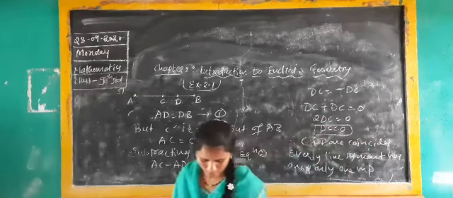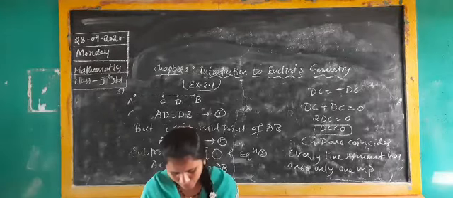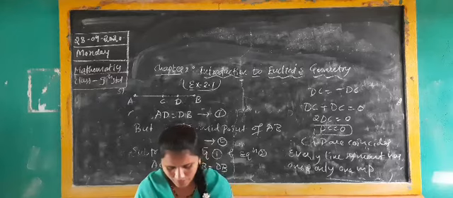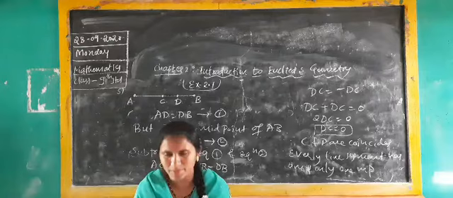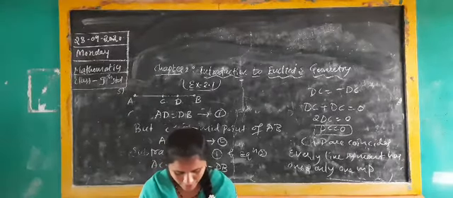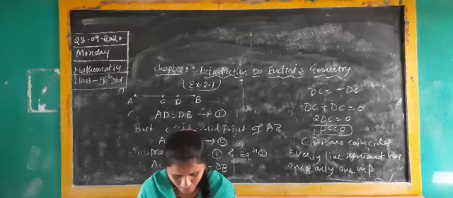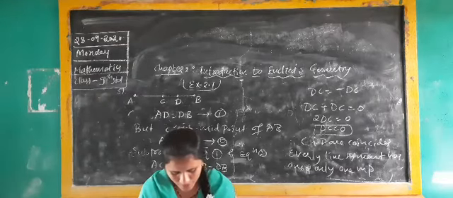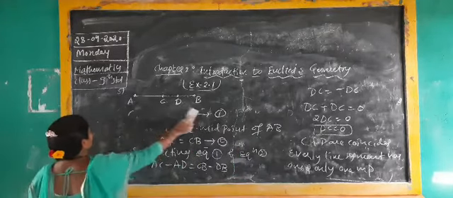Okay. Next problem. Here, problem 6, what they have given is figure 2.10. If AC is equal to BD, in this diagram, figure 2.10, on page number 36, they have given problem 6. You have to see the diagram. If AC is equal to BD, then prove that AB is equal to CD. Take the diagram as they have given, and draw it like that only.